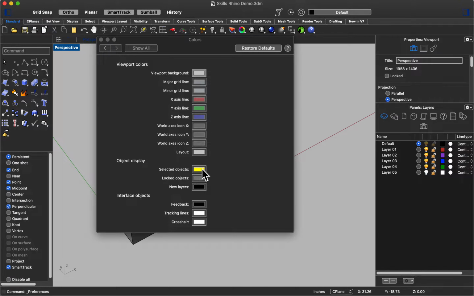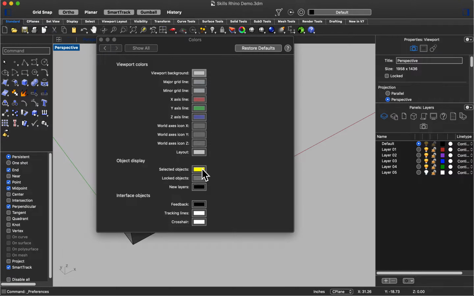And then, so when I click on an object, it turns it red instead of yellow. If I type options again, enter, maybe I want to change my background color to be a little darker. You can do that. I'm going to leave it on light gray and hit apply, and then I might change this. Just used to looking at it, maybe I'll just change it to a slightly darker yellow. Hit apply, and then